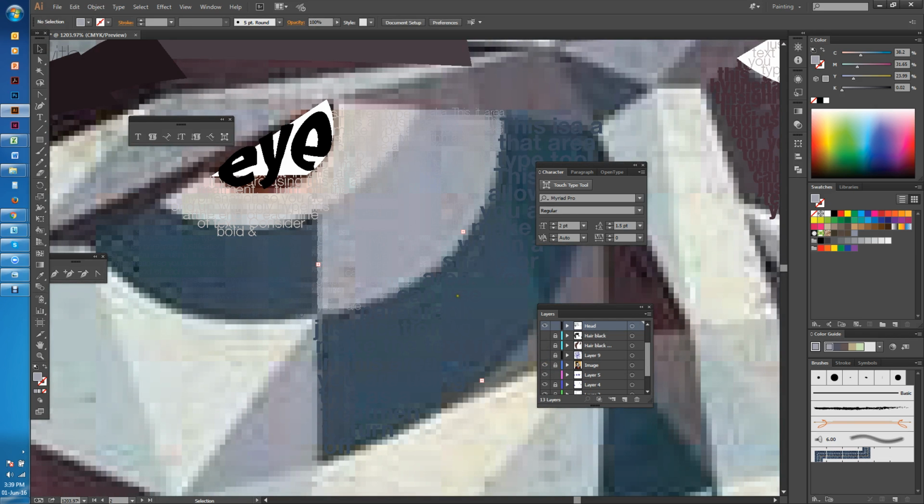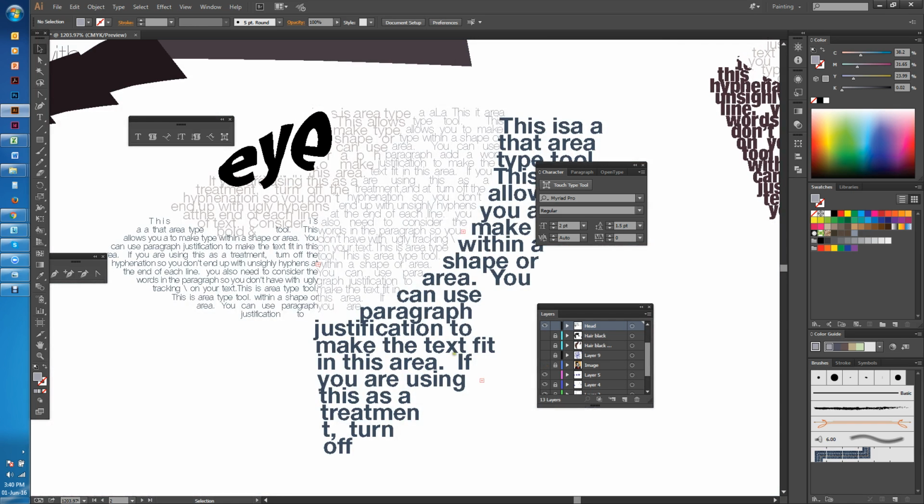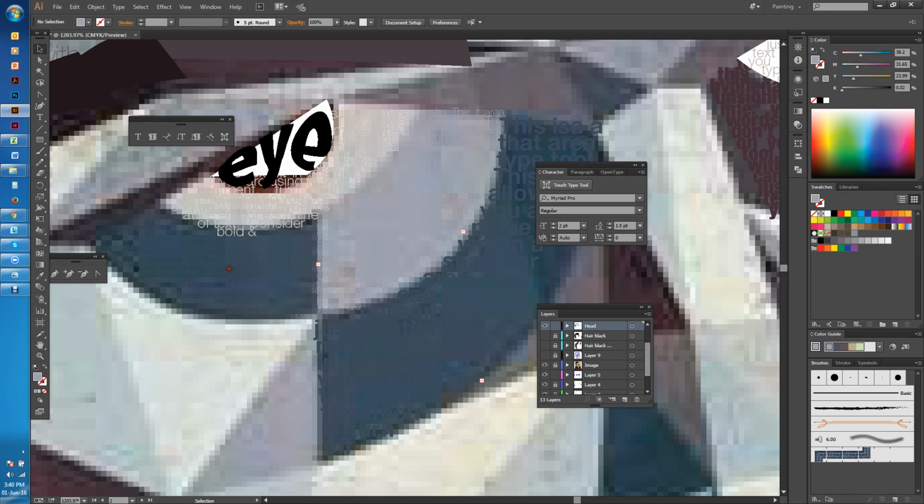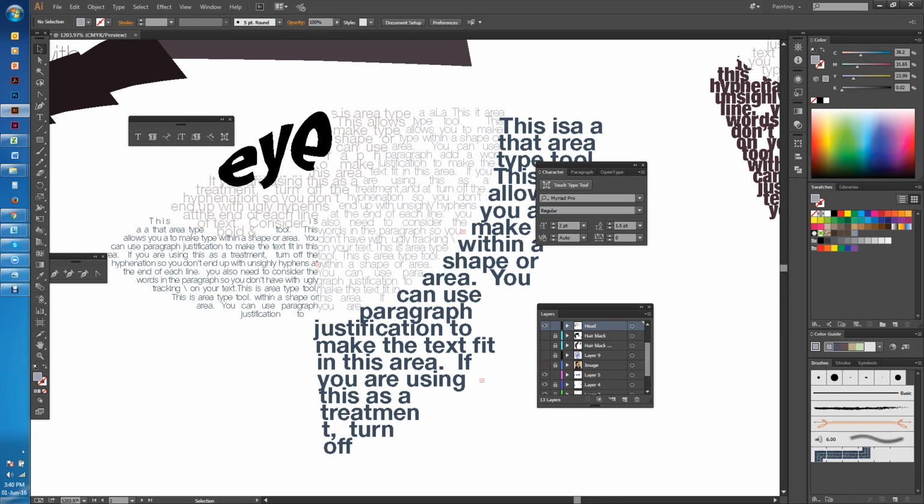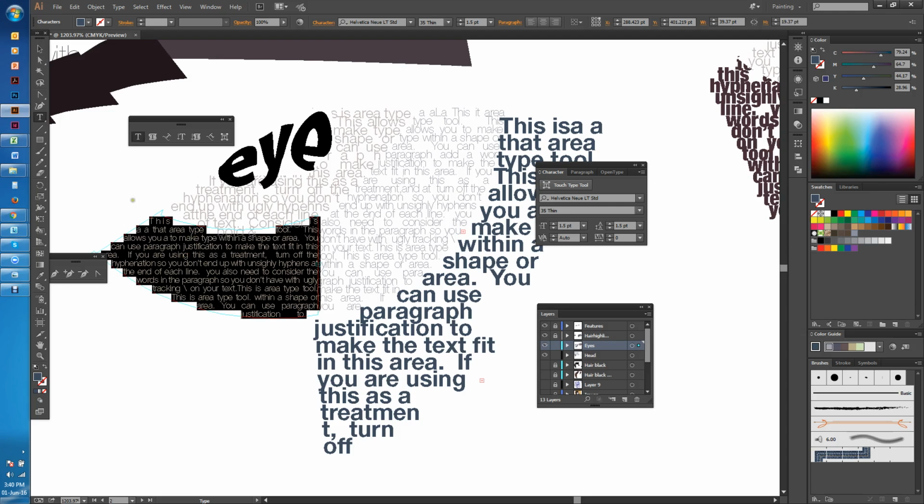Now you can see here that's a very dark area under his eye, and to compensate for that, what I've done is I've used a very dark bold text, and the same on this side, where I probably should use a nice dark bold text as well. I don't know where that is, oh that's on the eye, it's on a different layer that I've locked. If I use a nice dark bold text here,